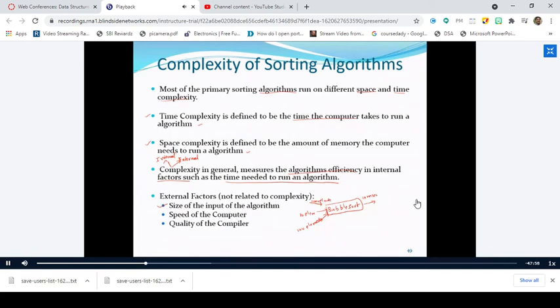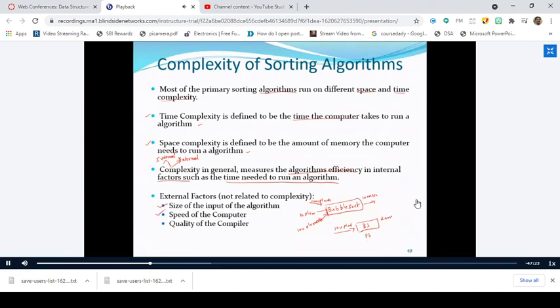Similarly, the speed of the computer. I have one algorithm called bubble sort, and I have taken the input as 100 elements only, but I try to run this bubble sort algorithm on a P3 system. P3 means Pentium 3, which is an older version of the processor with very little speed, and P2, P1 and so on are there too, right? Try to execute this sorting algorithm with 100 elements as the input on a P3 system. Assume that the time taken to sort these elements is 20 milliseconds.